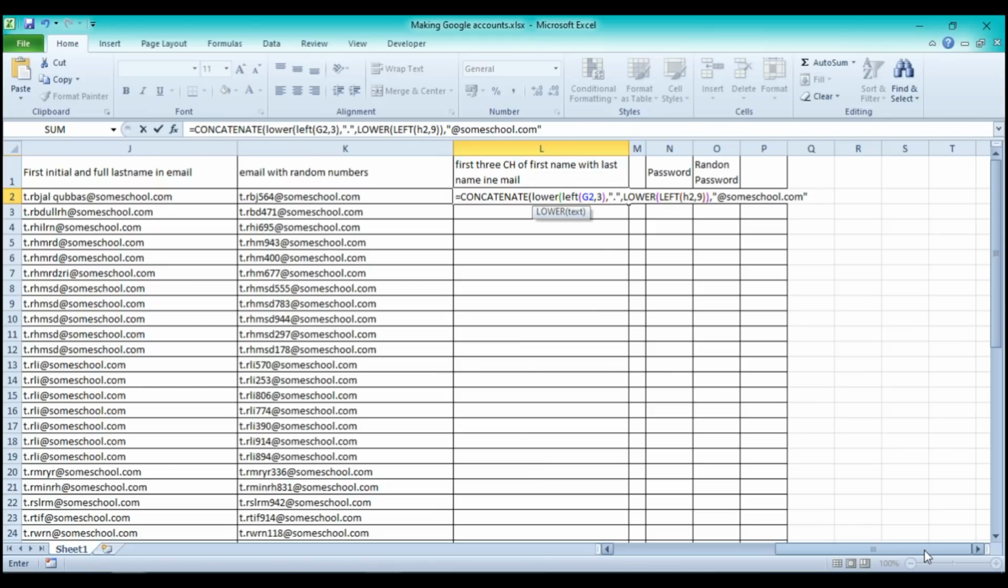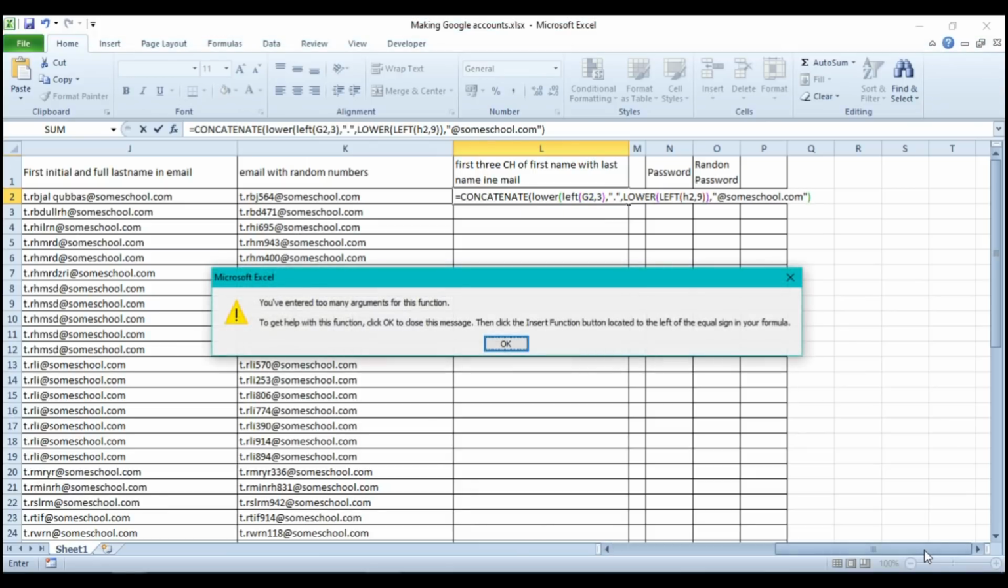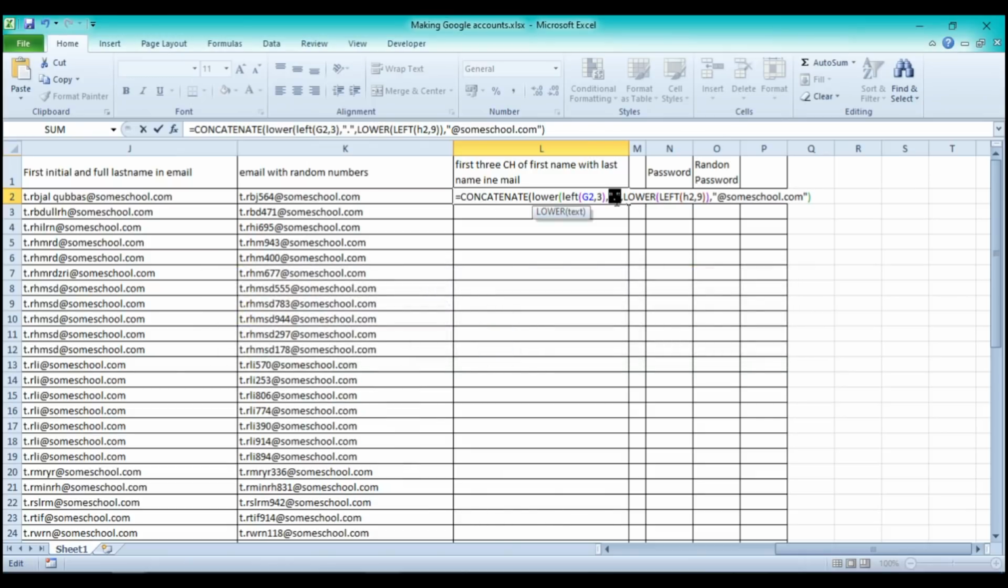And once I press enter, I have made a mistake here. Oh yes, at the beginning of this formula, since I opened an extra bracket for LOWER, I need to close it just after here. I have to have an extra bracket and follow it over here as well. So now when I press enter,